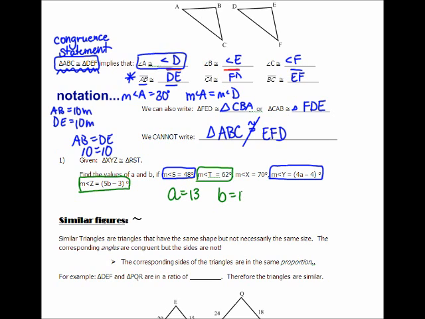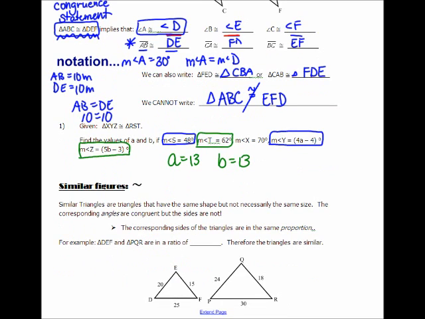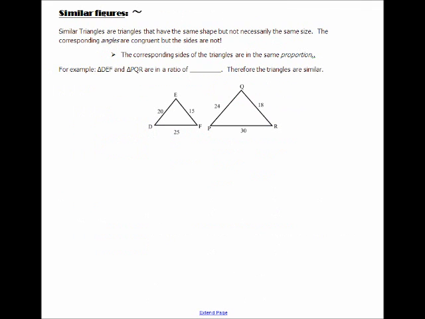Alrighty. Similar figures. They are the same shape, but not necessarily the same size. And we talked about this on the first day. So the corresponding angles are congruent, but sides are not. The corresponding sides are proportional. Very important. So for example, if DEF is similar, and we use that one squiggly, to PQR,